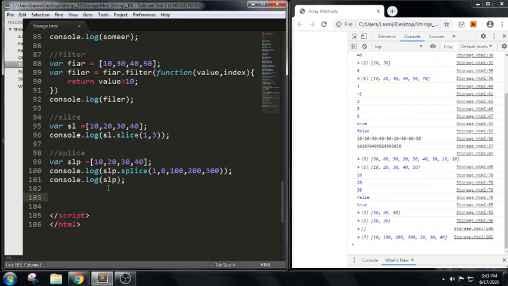Now let us see the next method. What we will try to see is map. Everywhere we can see this map is very complicated. So before trying to discuss this, let us have a small basic intro for this. A map is used to perform the same operation for each and every array element. If I want to perform the same operation on each and every array element, then we can use this map.